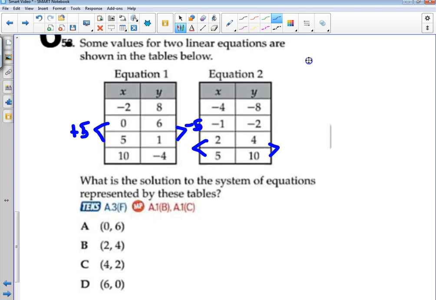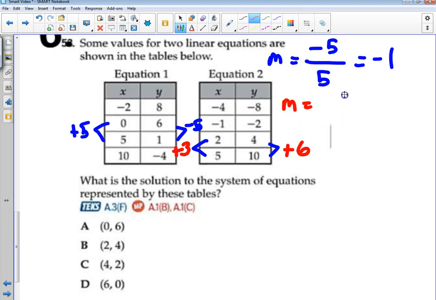So I know my slope would be, if you put the change of y over the change of x, you'd have negative 1. So that would be my m. And then the other one, this would be up 6, up 3. So my second equation has a slope of 6 over 3, which would be 2, positive 2. So now I know that I could actually find,